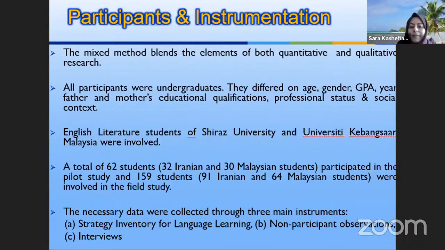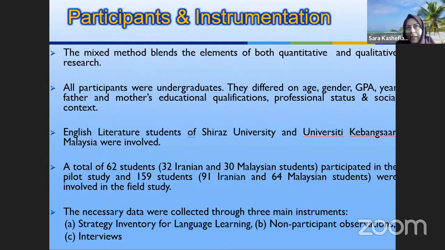All participants were undergraduate students. They differed with regard to age, gender, cumulative grade point average, year, father and mother's educational qualifications, professional status, and social context. So on the whole, English literature students of Shiraz University and English literature students of Universiti Kebangsaan Malaysia were involved. A total of 62 students, which included 32 Iranian students and 30 Malaysian students, participated in the pilot phase of the study. And we involved